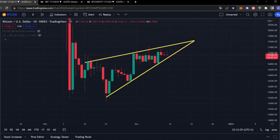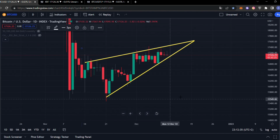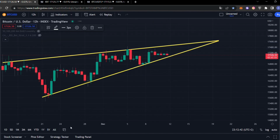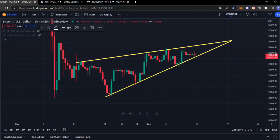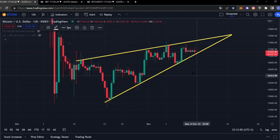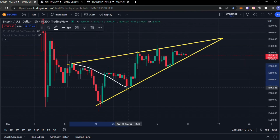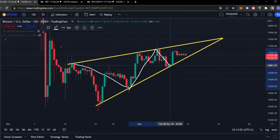And let's jump straight to the daily time frame for the Bitcoin price to explain what happened here. Guys, I was one of the first guys that discussed this big rising wedge pattern with you. Basically, I'm gonna put the 12-hour time frame, because if you remember, I told you that this forms better with the candles. So I'm gonna do the analysis on the 12-hour time frame, but it's a formation also for the daily. So you can clearly see here a beautiful formation: A move, B move, C move,